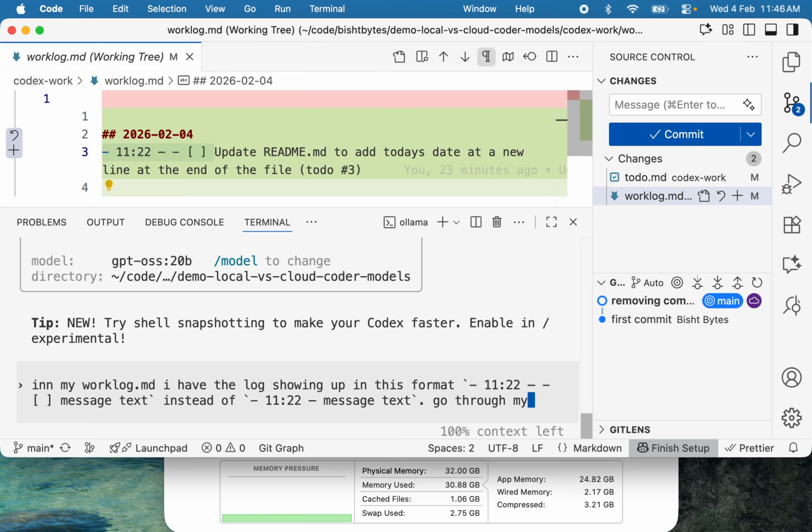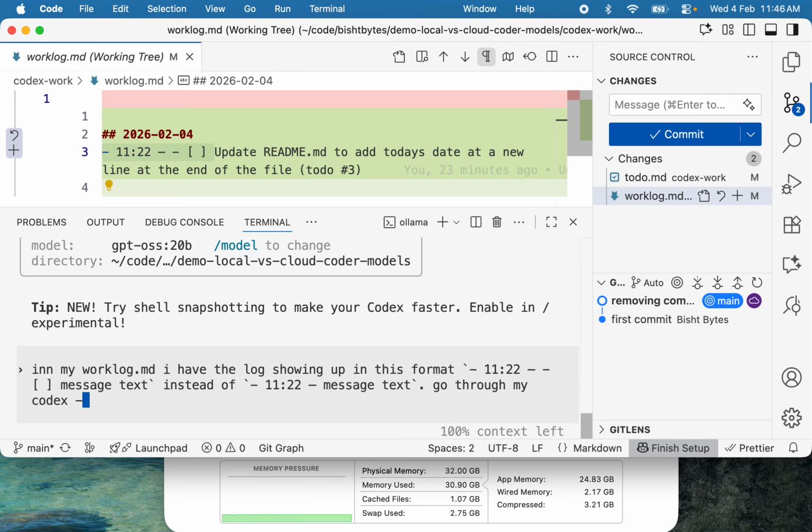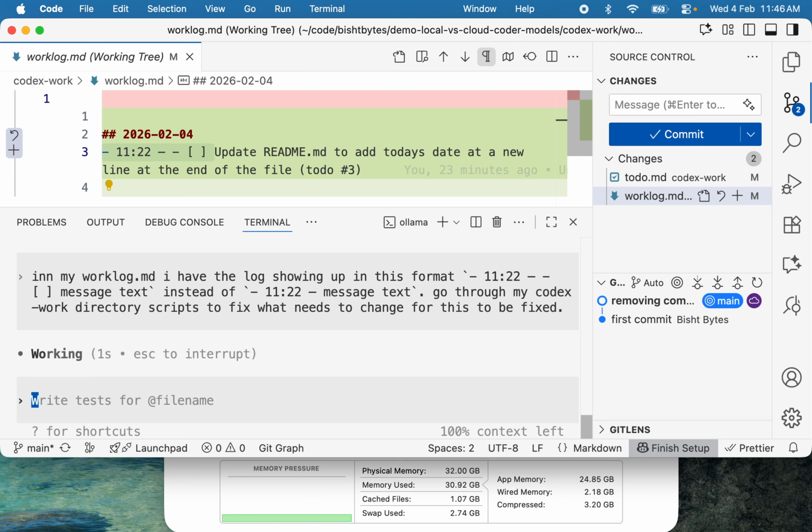Go through my Codex work directory scripts to fix what needs to change for this to be fixed. Okay, so going ahead with that,